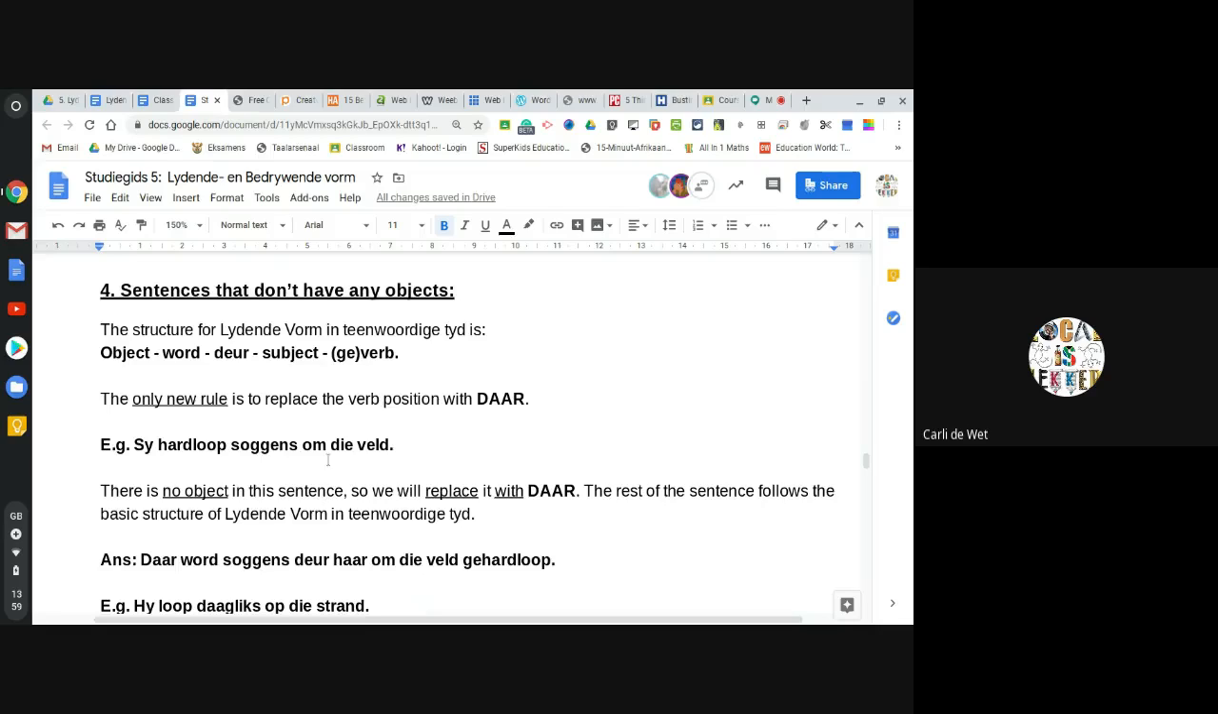If I look at the sentence, which tense is it? Sy hardloop soggens. Which tense is it? Present tense. So if I go to my present tense formula, what does it say? Object word deur subject gewerb. So present tense word is voor. Object, I'm going to type it here. Object word deur subject gewerb. Okay, and remember, time and place is in the third position, the middle finger. En dan die place,